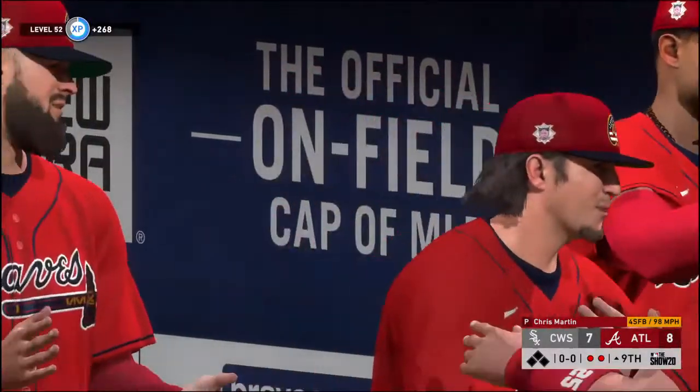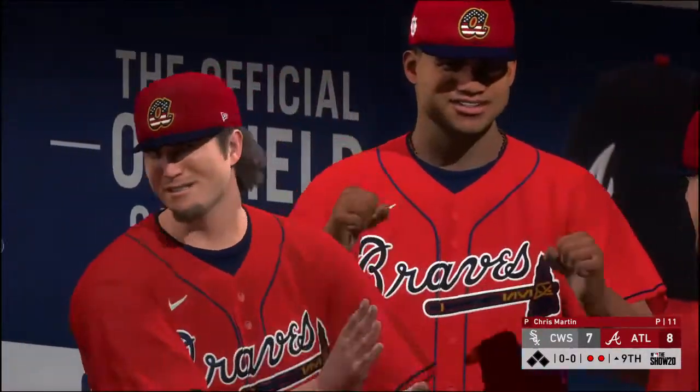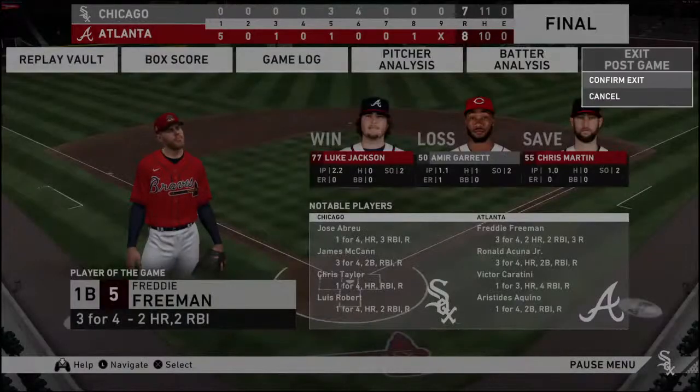Hey, we were really treated to a good one today. Bottom of the 8th proved to be the difference, though, and a good job here in the 9th to close the book on this one. A 1-run finish, an 8-7 game tonight. Atlanta get the win on the